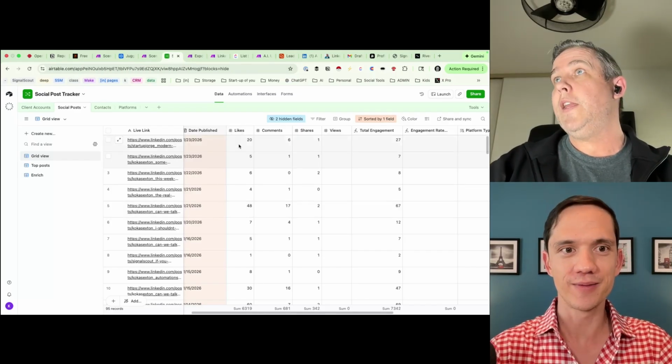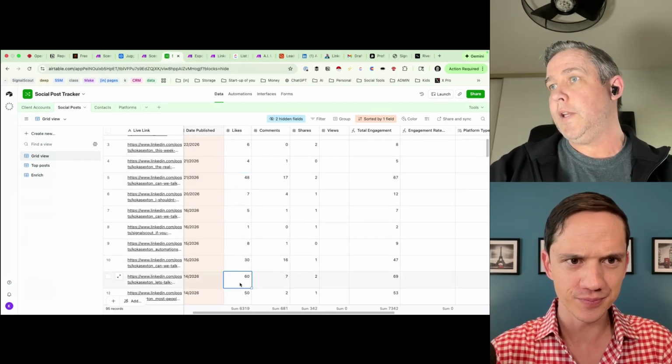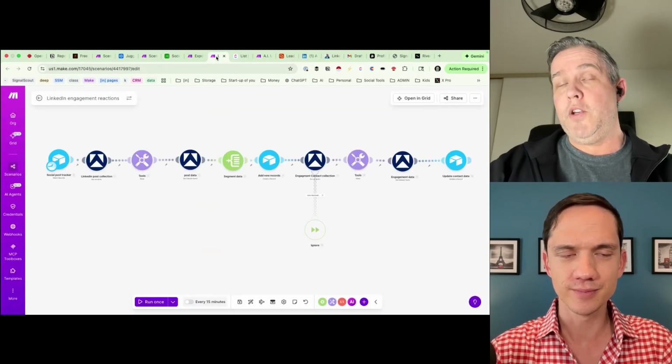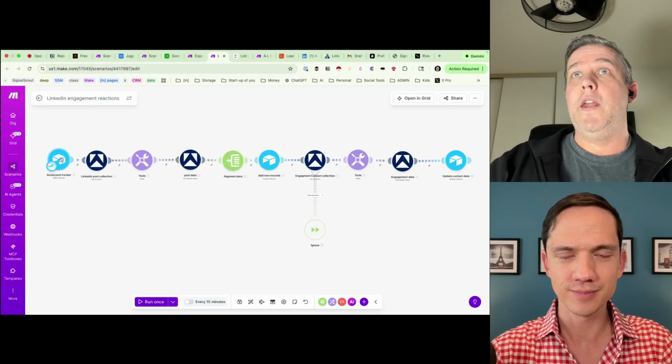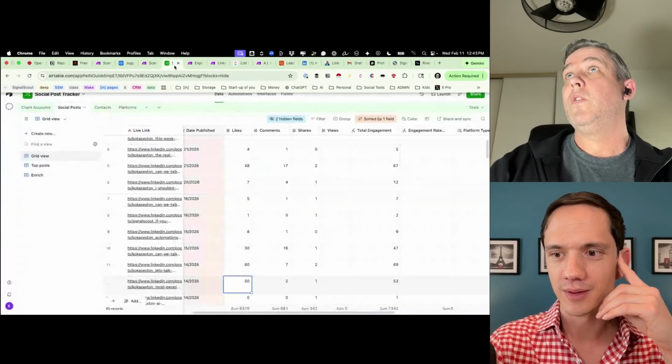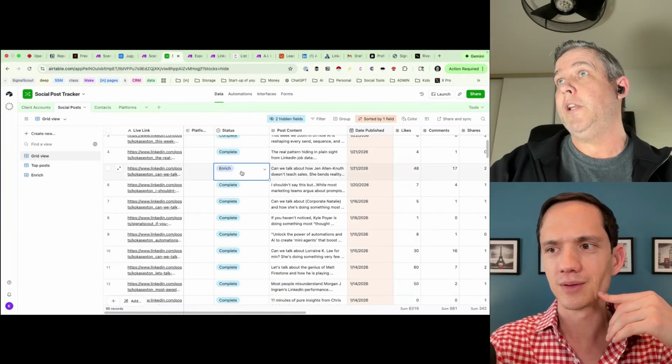And then the next step is, okay, well, who am I looking for in all of this? Well, if I get a certain number of likes and comments, like 60 likes, 50 likes, I have a second automation that runs on the back end that then looks at those posts. If I set it to enrich, so again, going back to the status here, once it's complete, if I set it to enrich,